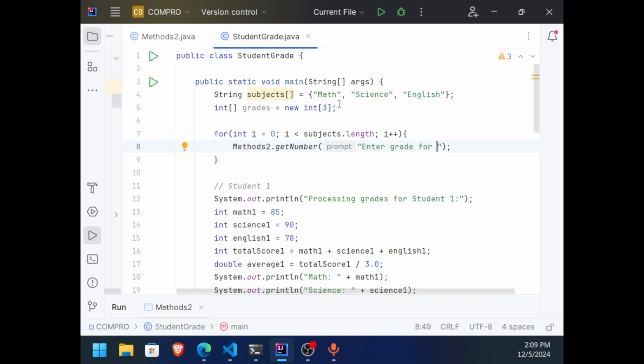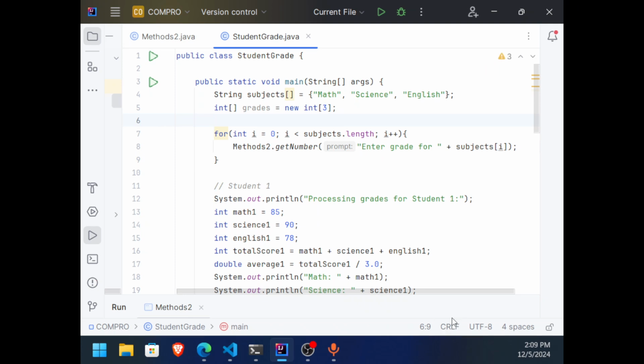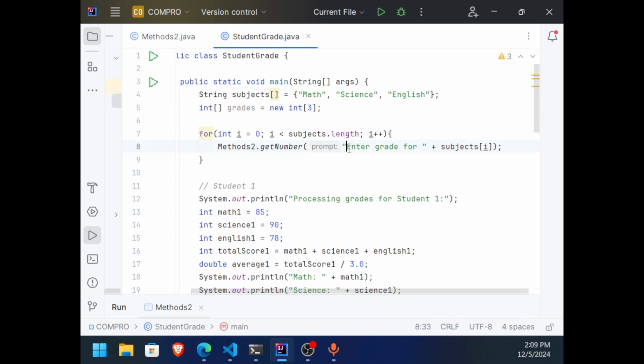How do we access the name of the subject? We can dynamically access that because we are inside the for loop. We can just plus subjects[i]. So we are basically getting the grade for the subjects individually. So this is 0 initially.